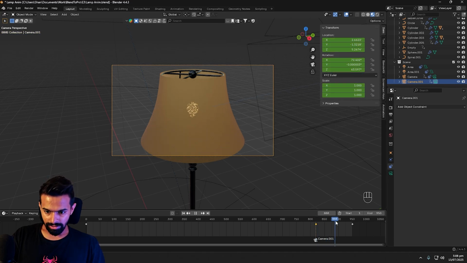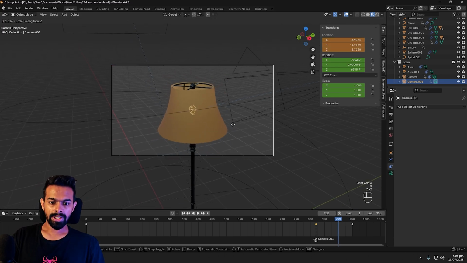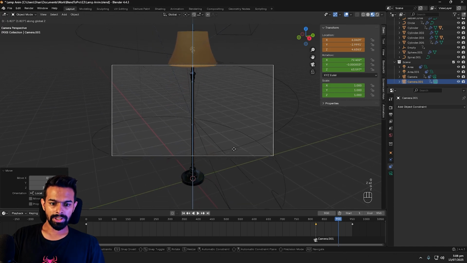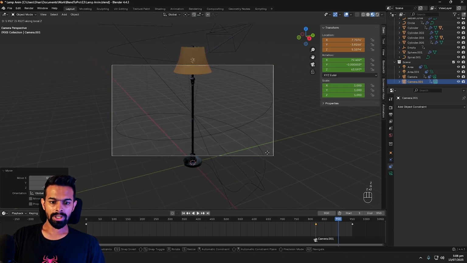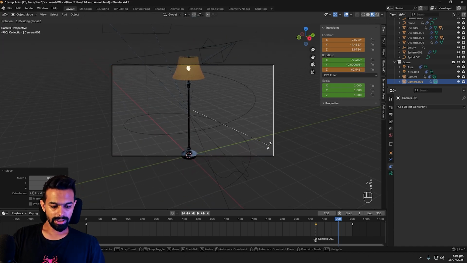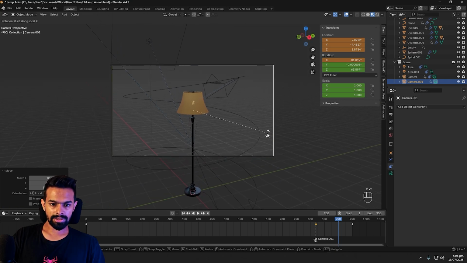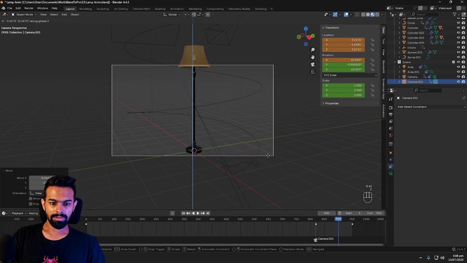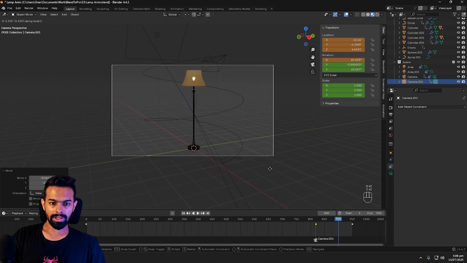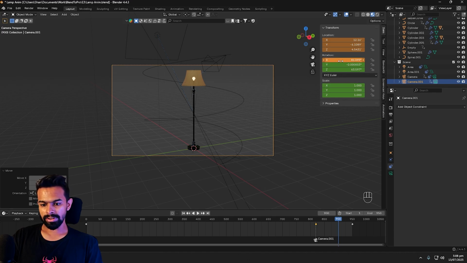Then at keyframe 900, exactly 900, I'm going to zoom out, move it a little bit down, zoom out, rotate it in the x-axis like this, zoom out, make the entire thing in camera angle like this. Then add another